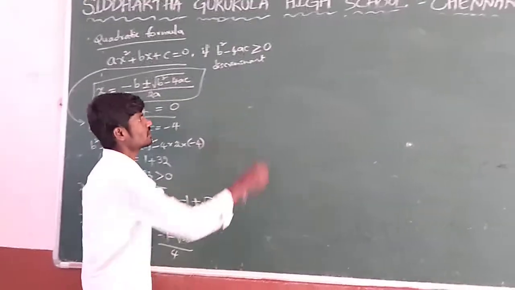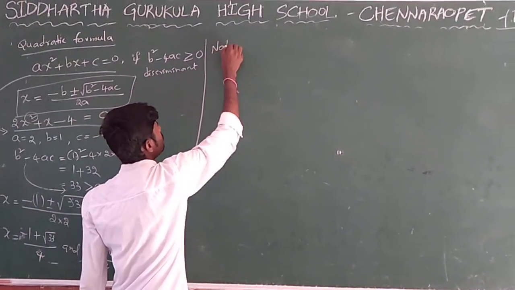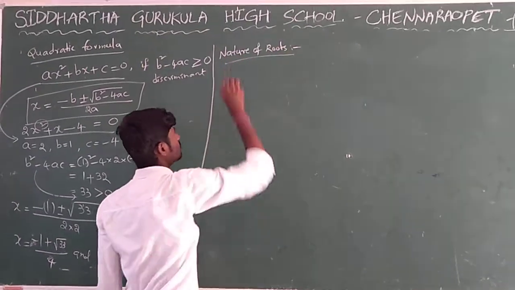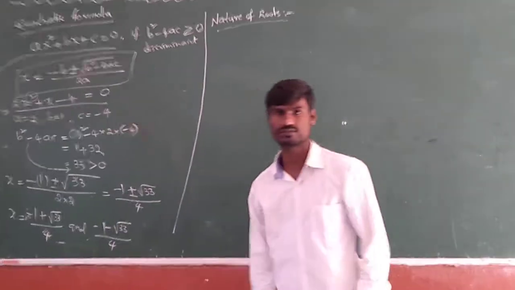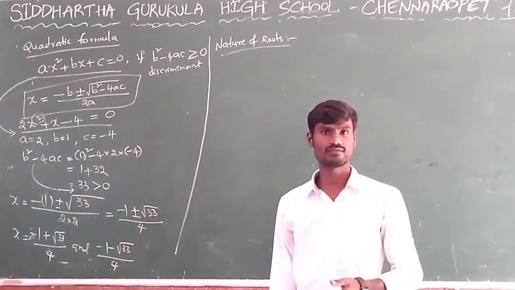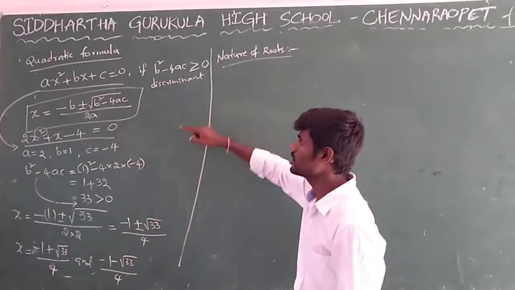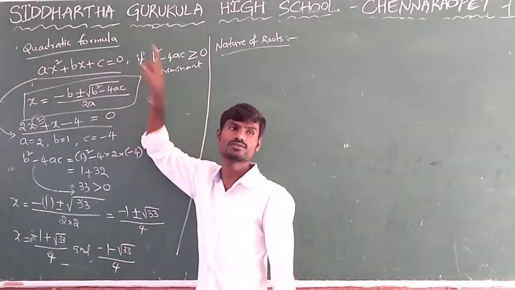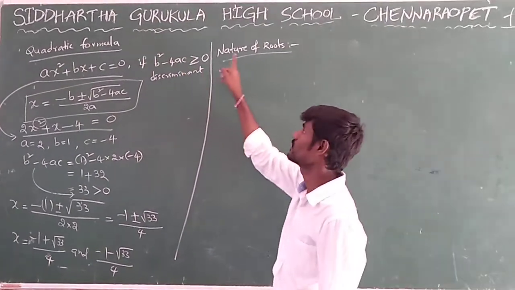Next, in the quadratic equations topic, the next topic is the nature of roots. Before finding the roots, we can say the nature of the roots, that is, whether the roots exist or not. If they exist, what type of roots will you get, different or equal? As already said, for a given quadratic equation ax square plus bx plus c equals 0, we need to find the b square minus 4ac value. Based upon this, we give the nature of the roots.